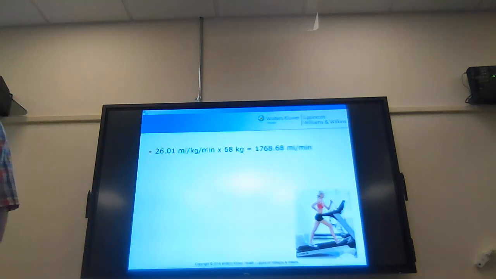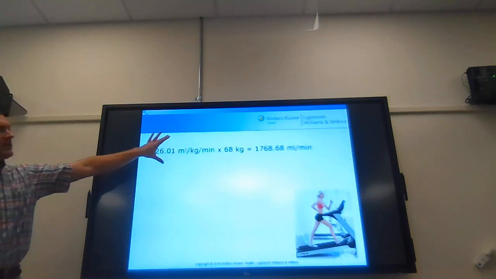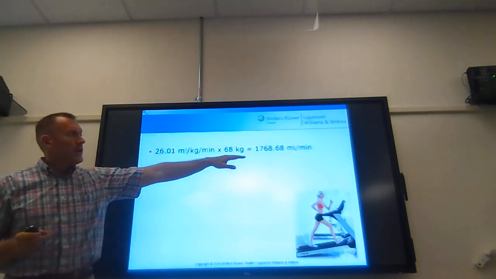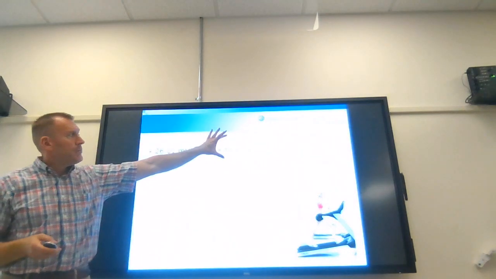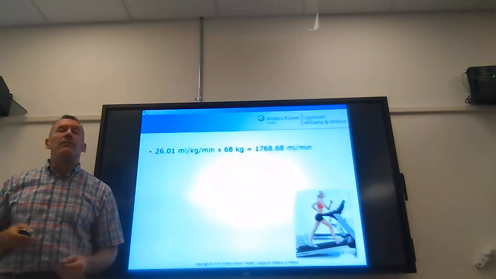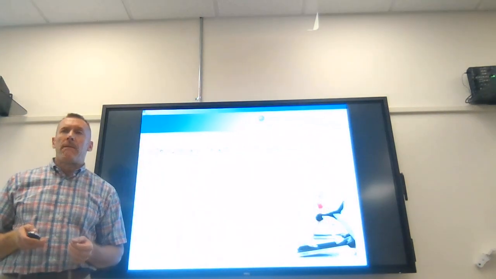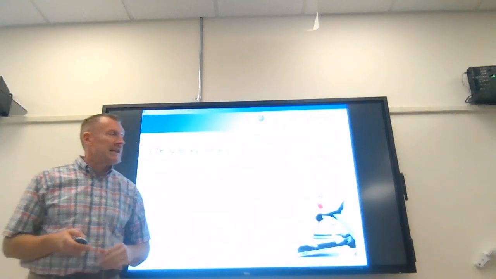We took our resting component, the horizontal component, the vertical component, and came up with a total oxygen consumption, and now we're going to convert it into an absolute oxygen consumption. We're going to multiply the oxygen by the body mass to come up with milliliters per minute. So you should come up with 1,768.68 milliliters per